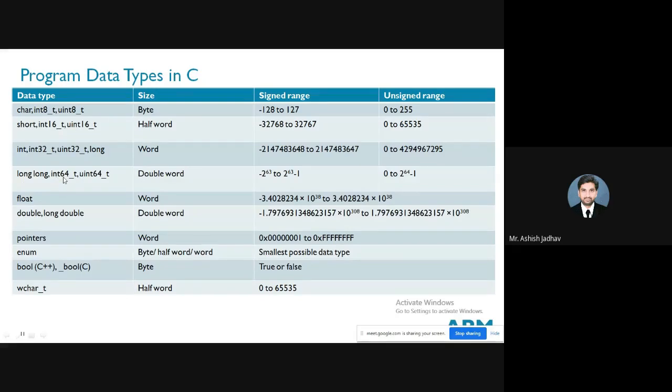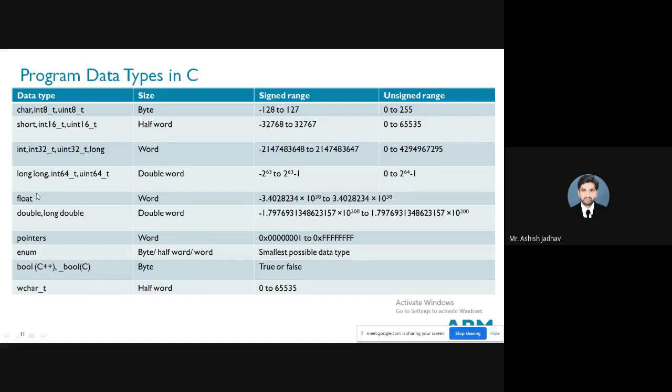You can define a 64-bit integer. Right. So that would be your double word. Double word means minus 2 raised to 63 to 2 raised to 63 minus 1. This would be the signed range actually. And the unsigned range would be 0 to 2 raised to 64 minus 1. Right?